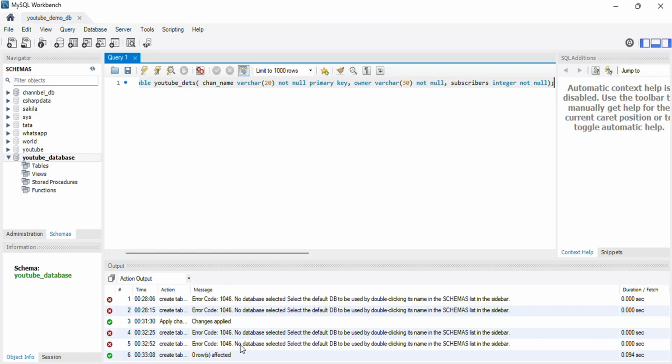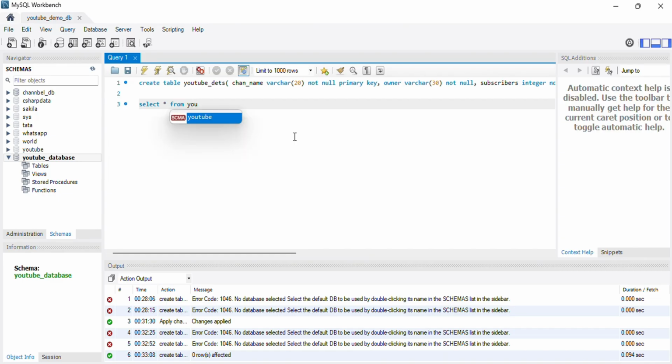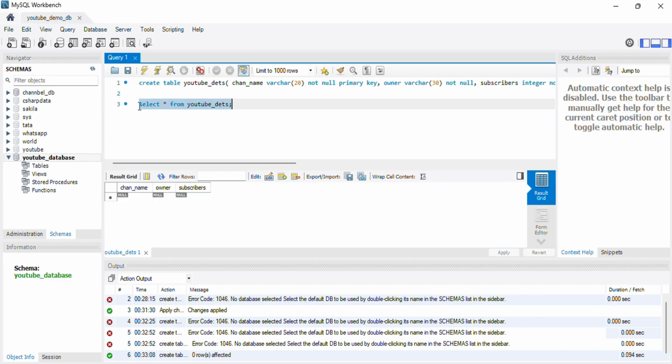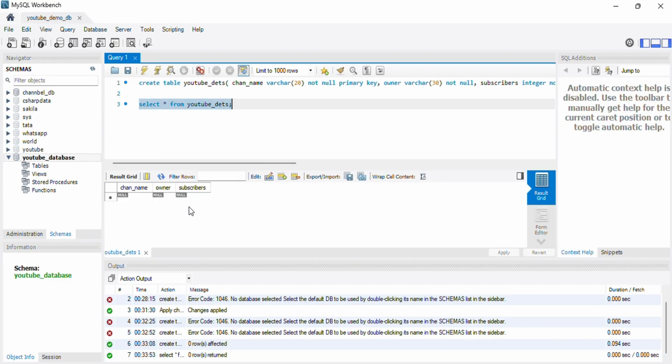Now we have created a table in the schema. So now we just want to confirm that the table has been created by selecting everything in this table. So we're going to select everything. The star or the asterisk there means everything. From what table do you have? The table we have is YouTube dates, right? Select it and run. So now you can see that we have successfully created the table, YouTube dates, and right now it has